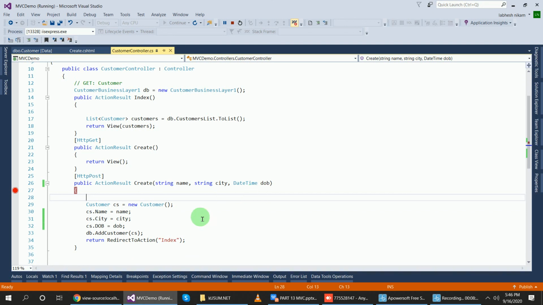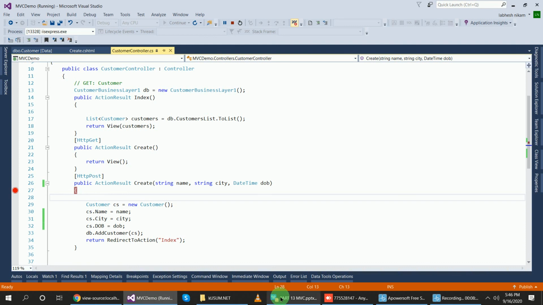Then the value will be bound by the model binder. The model binder binds these parameter values using the form name property. If the name property of the objects and these parameters do not match, then you cannot save the data. So this is the use of the model binder.